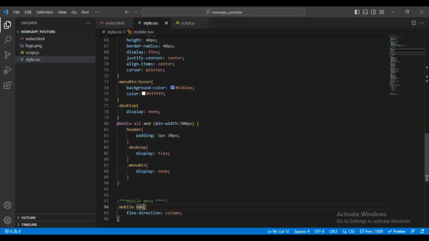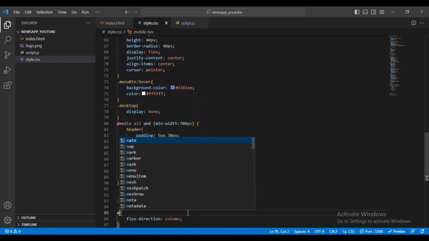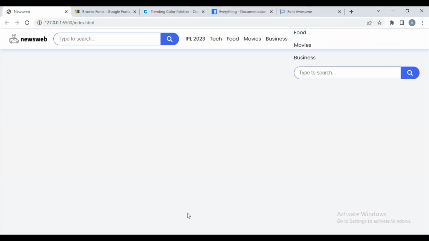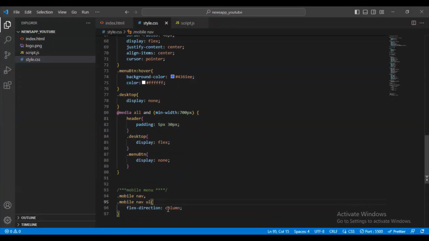Here I will go below this. Also I will add this, it will be mobile dot now dot unordered list. Now see, it will be displayed here, but I want to make this a little bit down. For that